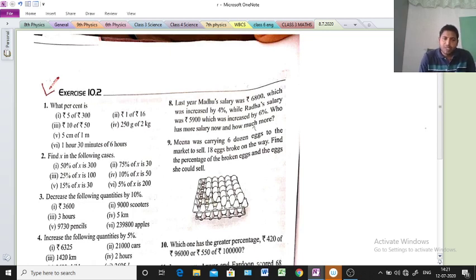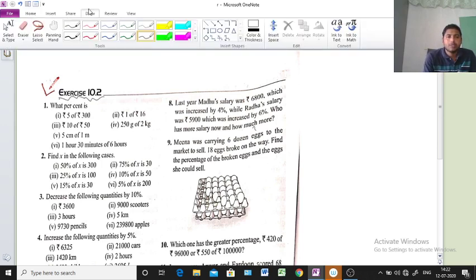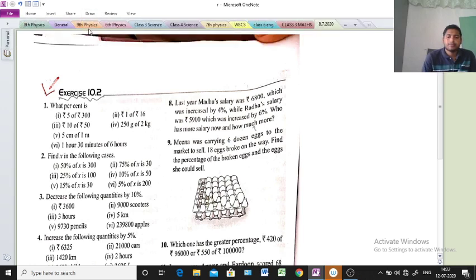And you should practice. You should read the question thoroughly because easy questions are there. You should try to understand the meaning of the given question. Clear everyone? Okay, so I hope you are ready. So you should practice it also with me. So now see exercise 10.2. Just a minute, I am changing the color.